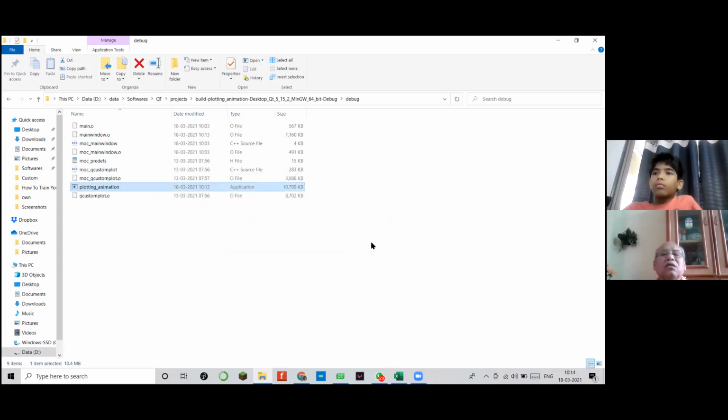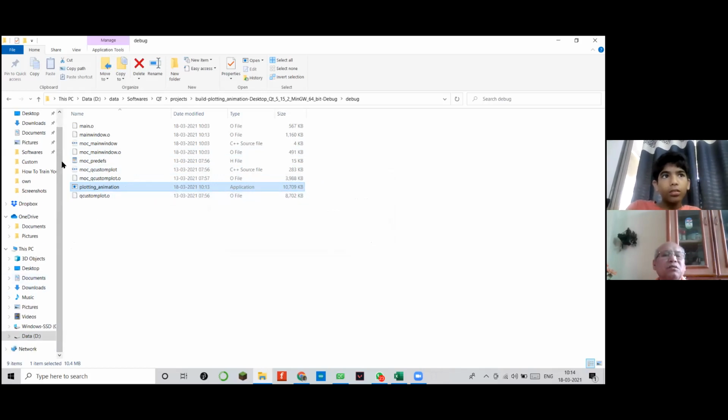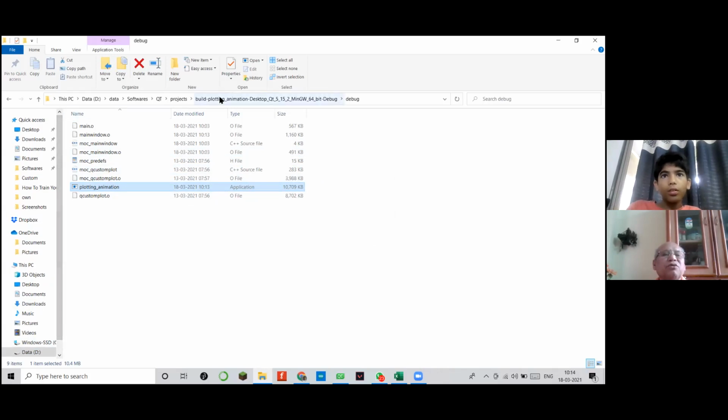You can enable the extension view. You click on View at the top, in the Explorer top menu: File, Home, Share, View.